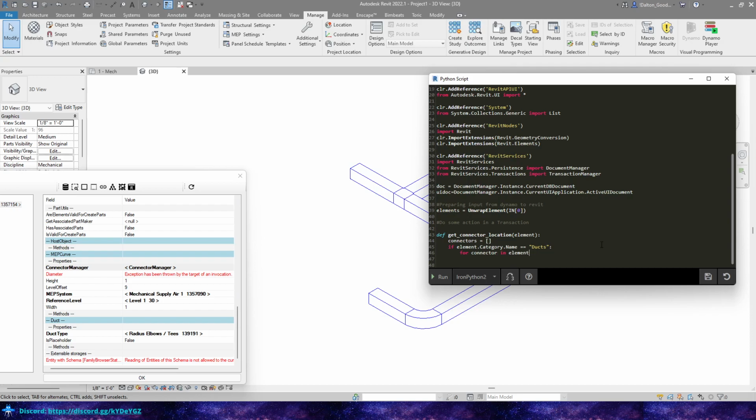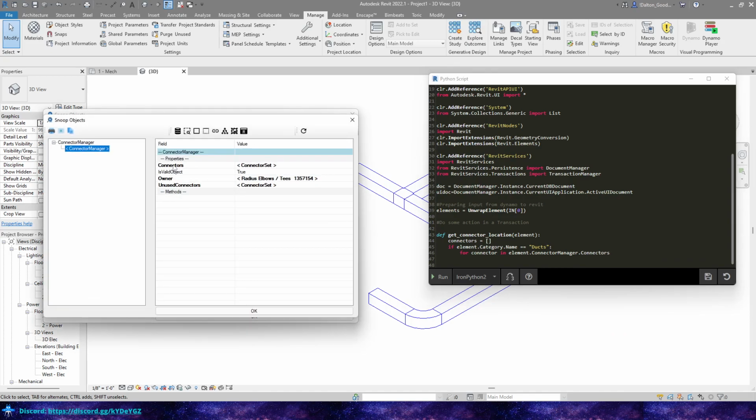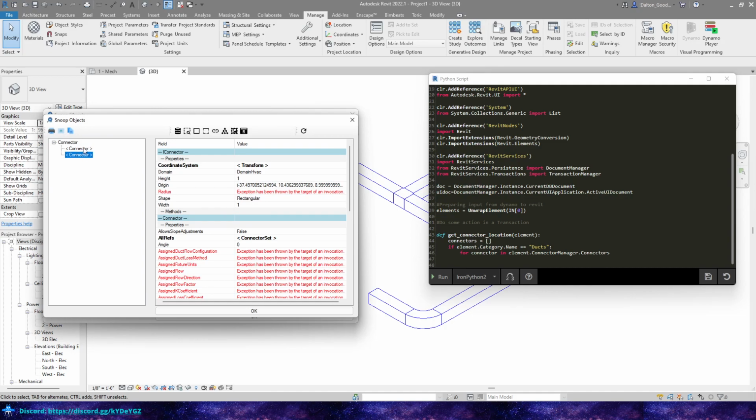Element, and this element would be, so we'll do element dot connectors, and then that's a set. So if we click on connectors, you'll see here that it's a set, and so there could be 2 or 5 different connectors for a duct, and so we'll loop through that. That's why we have this loop here. So for connector in element dot manager connectors,